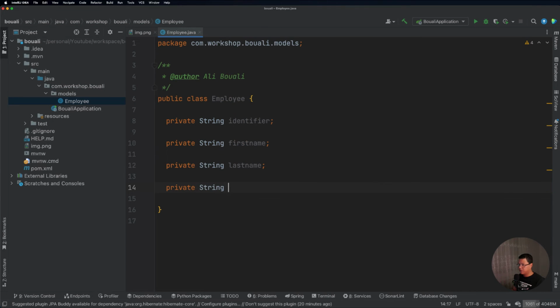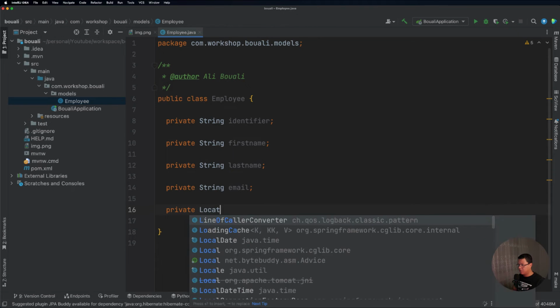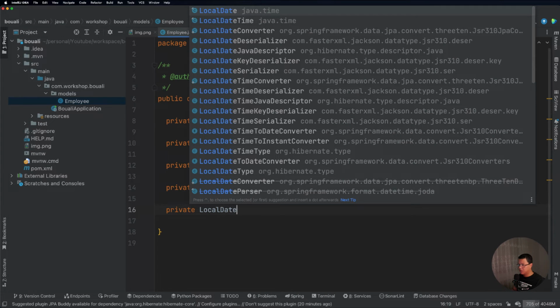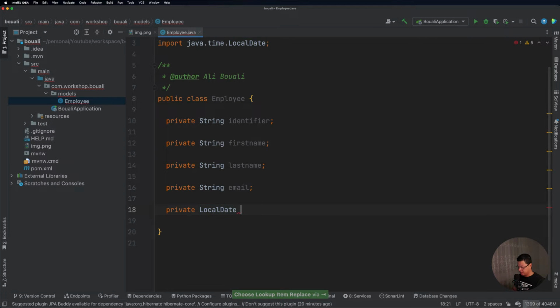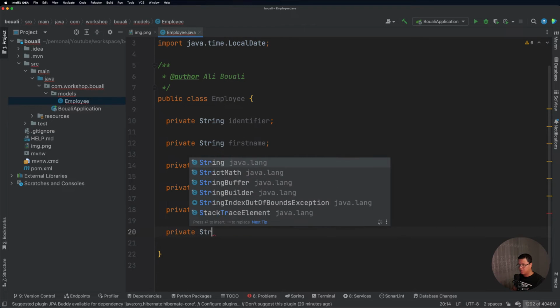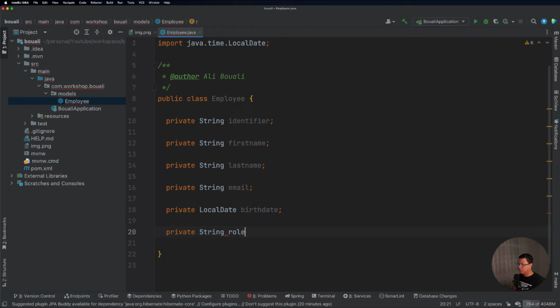We have a String email, and we have LocalDate as birth date, and finally we have a String role. So this is the representation of our table in the database.